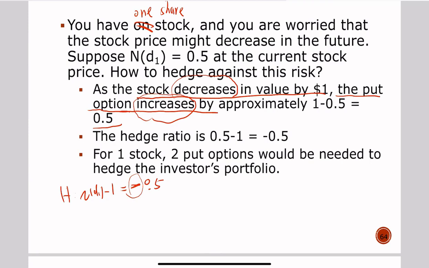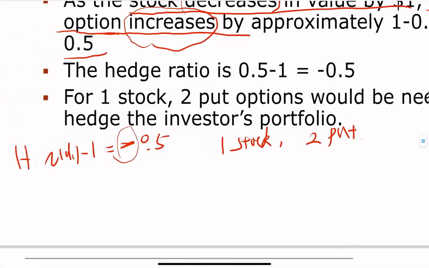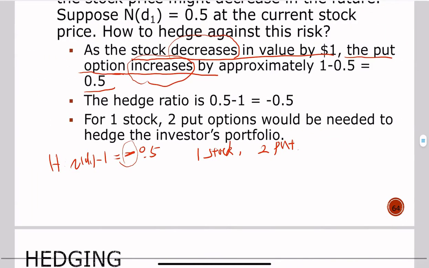Now, how do you exactly hedge? Well, it basically means for one stock, you will have two puts. You can calculate if you have a portfolio like this, you're actually hedged against this downside risk. Why? Let's think about this. If the stock price, right, let's say if